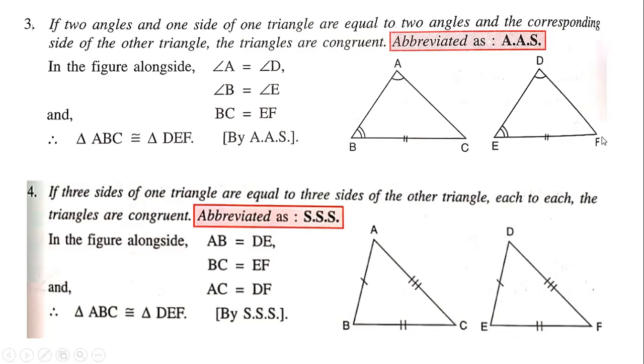So we have done the three conditions. One is SAS, second one is ASA, the third one is AAS. Now come to the fourth one. This is side, side, side. Because already I told you that S stands for side and A stands for angle. If all three sides of one triangle are equal to all three sides of another triangle, then these two triangles must be congruent.